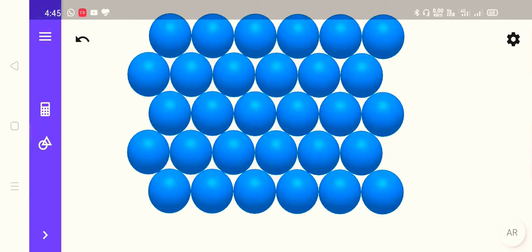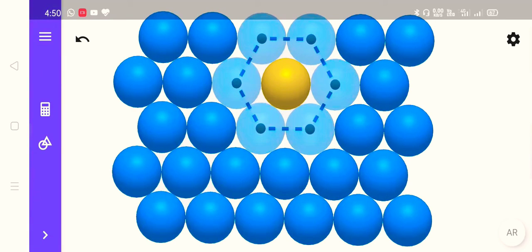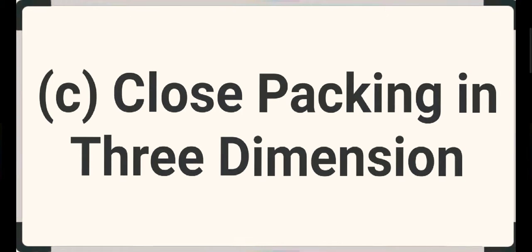Now this type of close packing structure is also called hexagonal close pack structure. Why is it called hexagonal? Let us try to understand it. As we can see, our center sphere is in contact with 6 other spheres, and if we connect their centers, then you will notice we get a hexagonal shape. Because of this hexagonal geometrical shape, we call this close pack structure hexagonal close pack structure. So this is a hexagonal 2-dimensional close pack structure having coordination number 6.